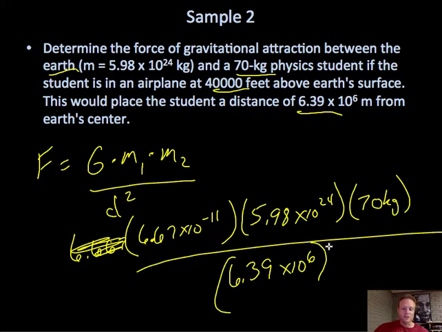Again, don't forget to square it, because that's going to change your answer if you don't. If you throw that in your calculator, the force of gravity on the physics student would be